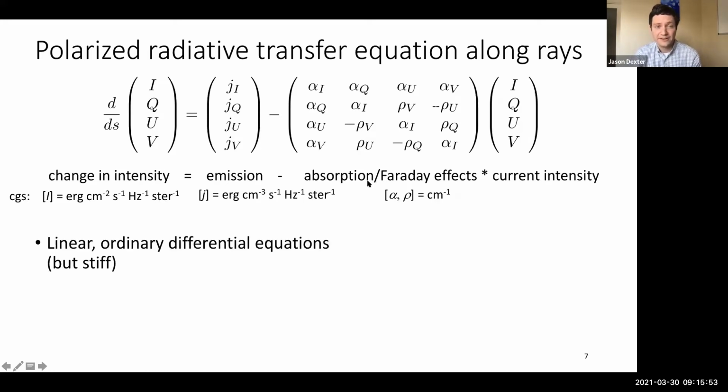All right, and the other thing to notice right away is that this is a first order linear set of ordinary differential equations along our path length, which we've parameterized as some distance s here. And the only tricky thing about solving these equations numerically is that they're so-called stiff equations, meaning that once I hit the so-called optically thick regime, where the term on the right-hand side becomes important, then suddenly the nature of the solutions changes. And that makes it somewhat difficult to do these numerically in regions of high so-called optical or Faraday depth that we'll define in a second.